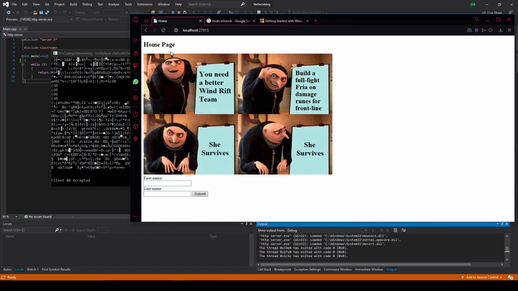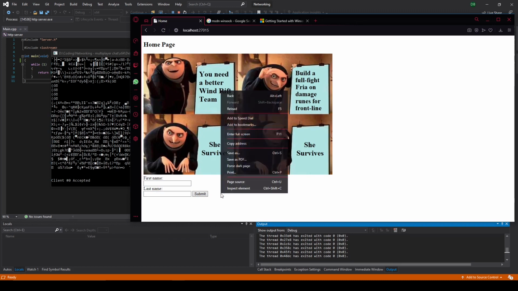But it can handle sending images, it can handle sending HTTP requests, it can handle post requests,